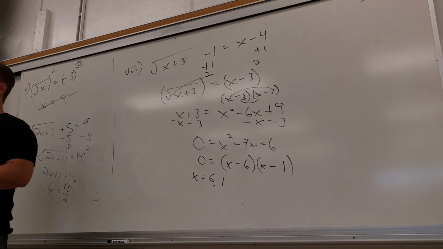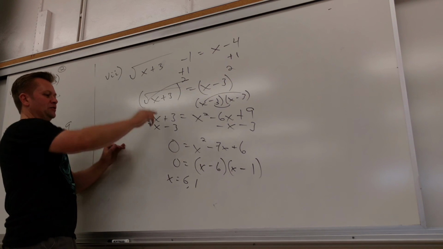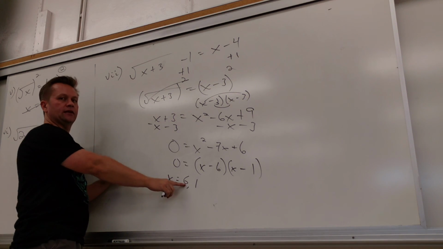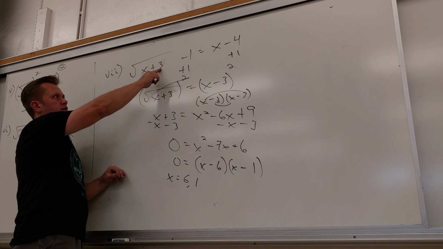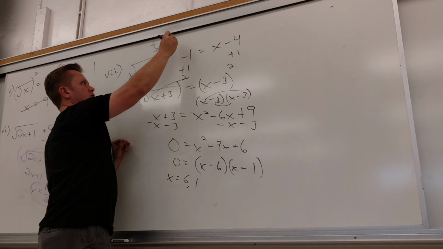See, this is our last problem. This is a long one. Sorry. So, I got one too. Happy about it. So if I plug a 6 in there, I get 6 plus 3 is 9. Square root of 9 is 3. 3 minus 1 is 2. And when I put